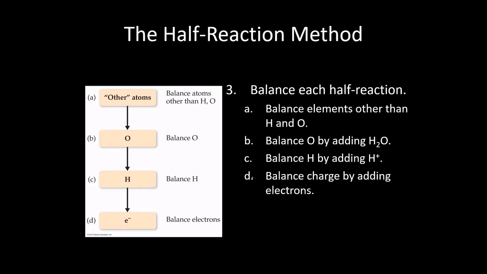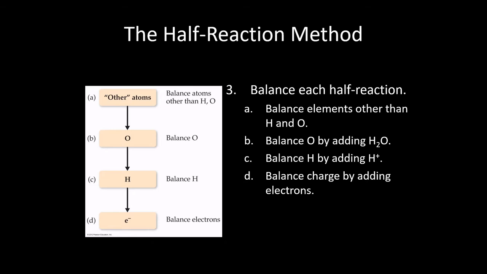So we're going to add up the actual charge of everything that's involved in the reaction, and we are going to add electrons to get those charges on the left and right side of the equation to be equal to each other. And you should always have to add at least one electron only to one side of the equation. You will never add electrons to both, because then at that point you're just canceling yourself out. So you'll only add it to one side or the other,